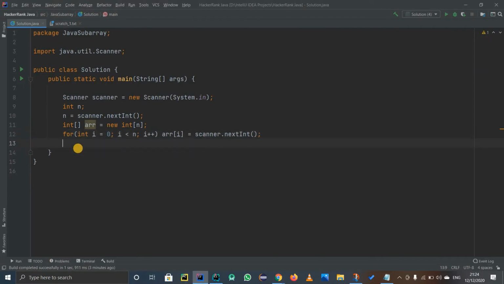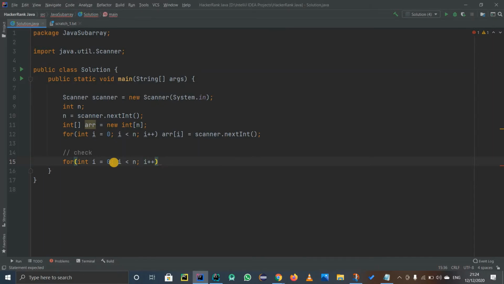After that, we have to check for the number of negative subarrays. I'll comment this out, and from here I'm checking. For that, I'm going to use two for loops, and I'll tell you why. Again I'll use the same variable i. Obviously you can use any different variable, like j or k, but it is fine because these are different for loops. Again I have to iterate through the whole array, so I'm using i less than n.